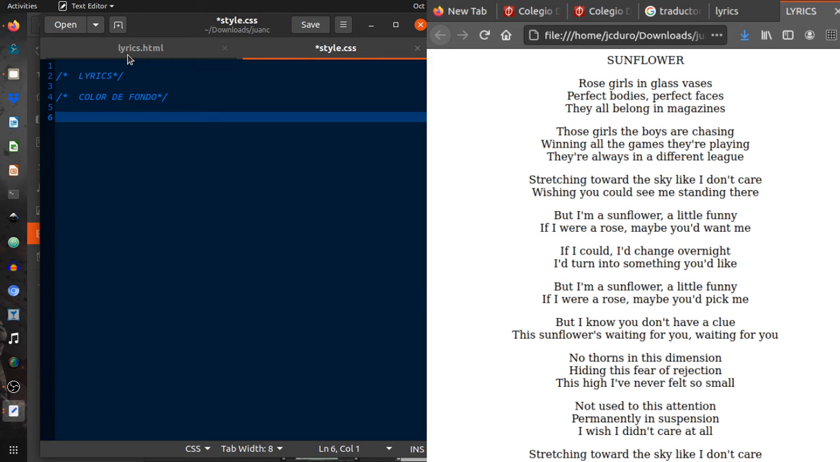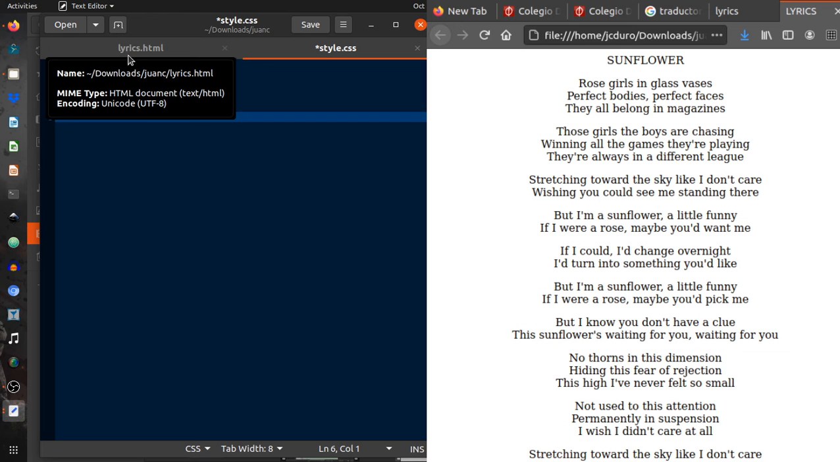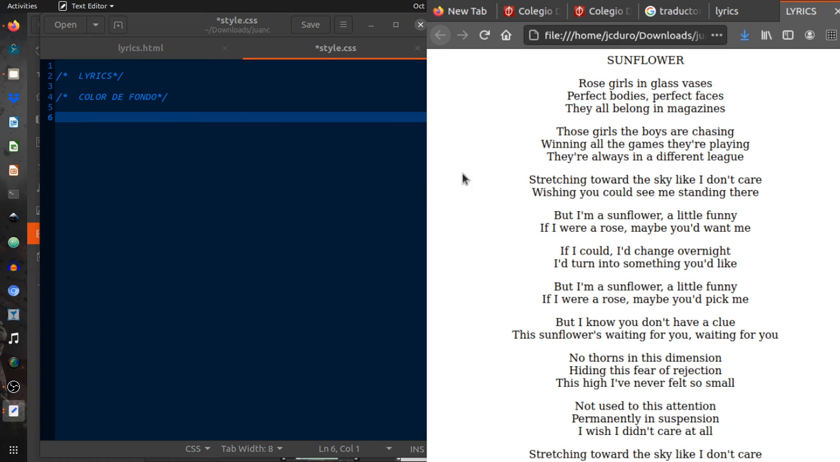Okay, now we are going to do a background color. To do a background color, we are going to type this. In this case, we are going to change the color of the background of our lyrics. To do that, you have to type this inside the CSS. Then you are going to save,